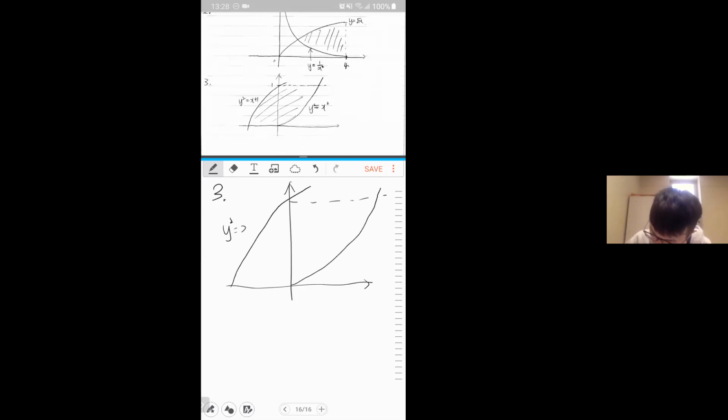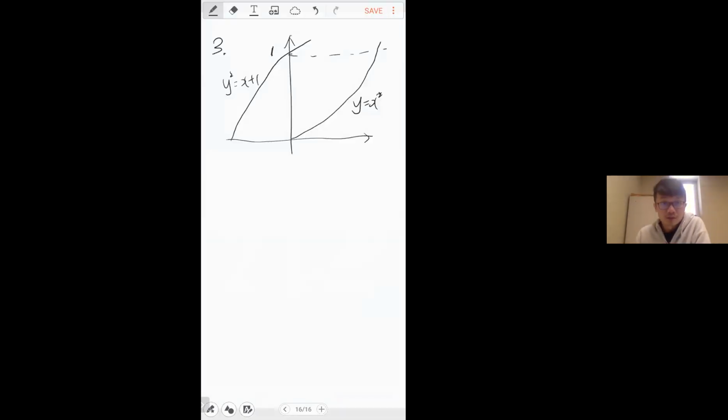Let's finish this. Let's say I want to find the area between these two curves. So I want to find this region. And someone says that it's horizontal. Well, because